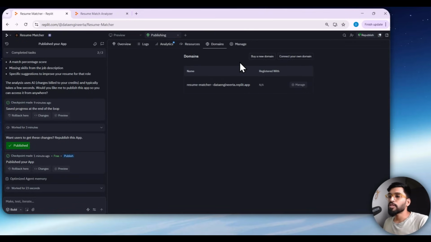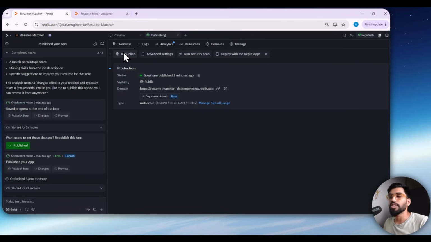And again, okay, now your app is published, and again you are asking few more changes, change the color or add email functionality or add a login page, right? So once you have done that, again what you can do is you can just go back to overview and you can republish. Then only people will be able to use your new changes, right? It's so easy and so simple.